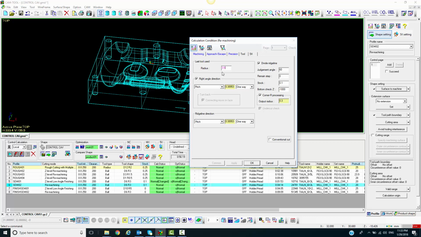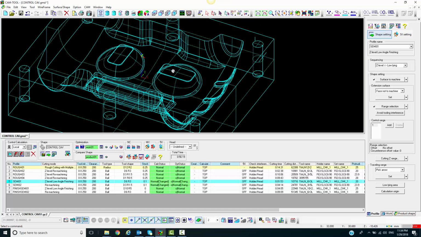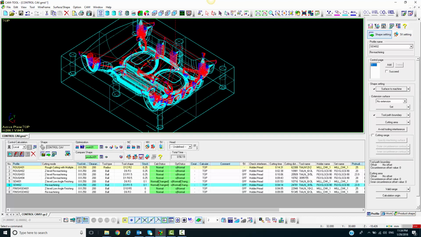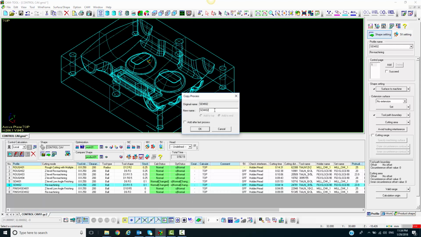I overlap a little bit, so I'm going to put in 3.5. We are now going to use a 6mm ball cutter to finish the entire part and then remachine with a 3mm ball. I'm also going to copy this one more time to add in